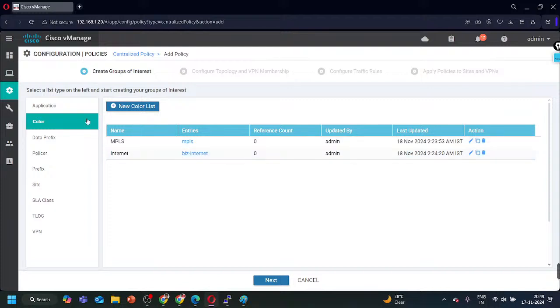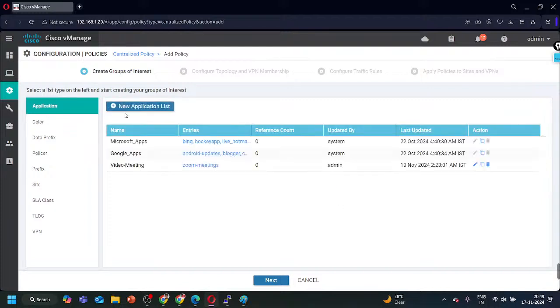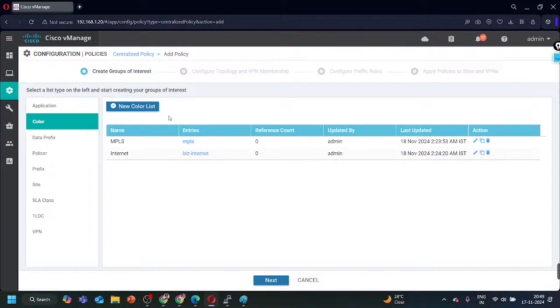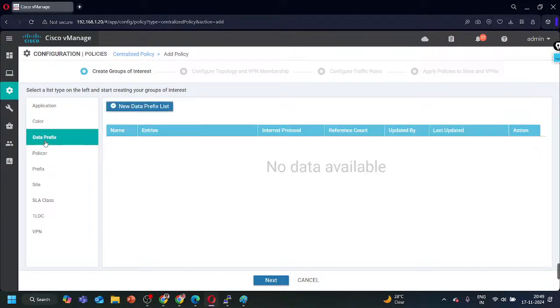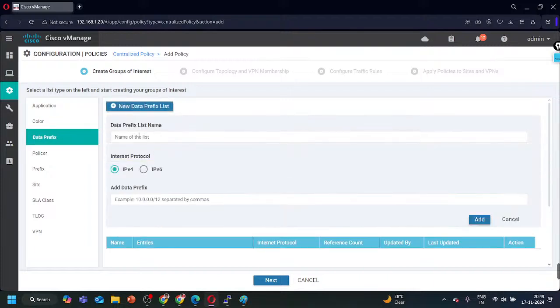right? So I have created an application list, I have created a color list, and I can create a data prefix list, right? The name is, let's say, branch 1 routes. Which type of route? IPv4 or IPv6? IPv4. And here is the example. You can see how you can define the subnet, right? And separated by commas,